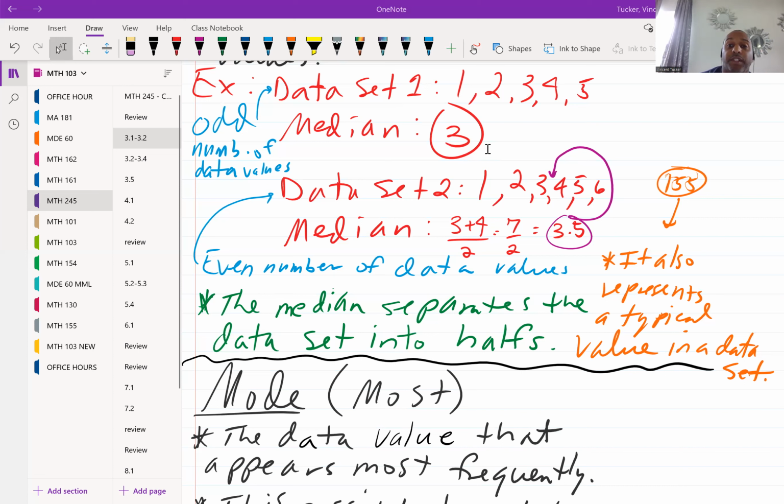Now, definitions, you would just write. You can either write them in your notebook, take a picture with a phone, scan it, and then email it to me. Or if you want to type them up in a Word document and send it to me, it's up to you how you want to do that. You can save it into Word. Some people like to write stuff in their notebook, so they took pictures of it and sent it to me with their phone. Or like I said, you can do it in Word. That's fine.